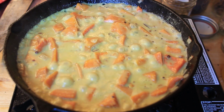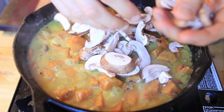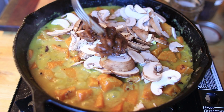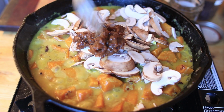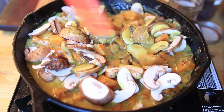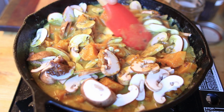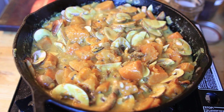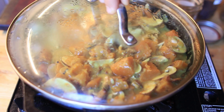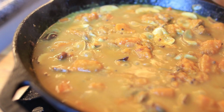At this point, I actually decided last second to add some sliced mushrooms. I just wanted a little extra something in there. I thought they would soak up that juice really nicely. So I added some fresh chopped mushrooms, and then I added a little bit of tamarind paste, which is just really nice and tangy. You can use lime juice, lemon juice, any acidity you want, but tamarind I thought would work really nice in this dish. And just cook that for a few more minutes until it came together and created a beautiful coconut